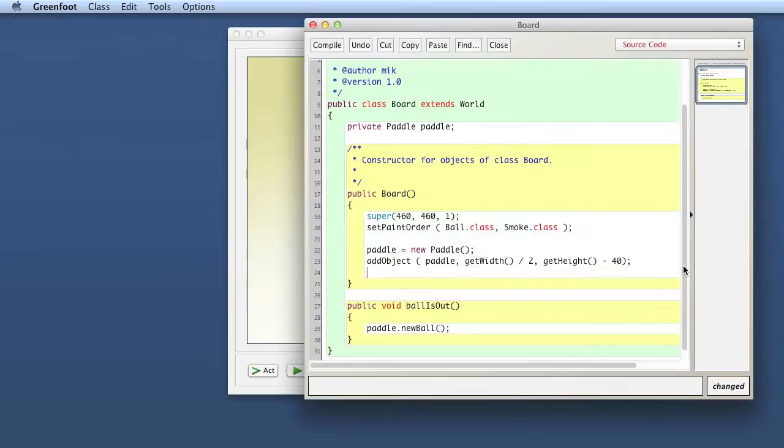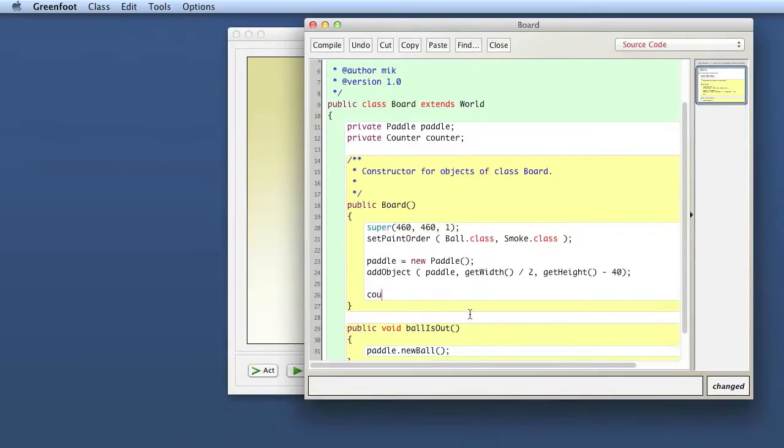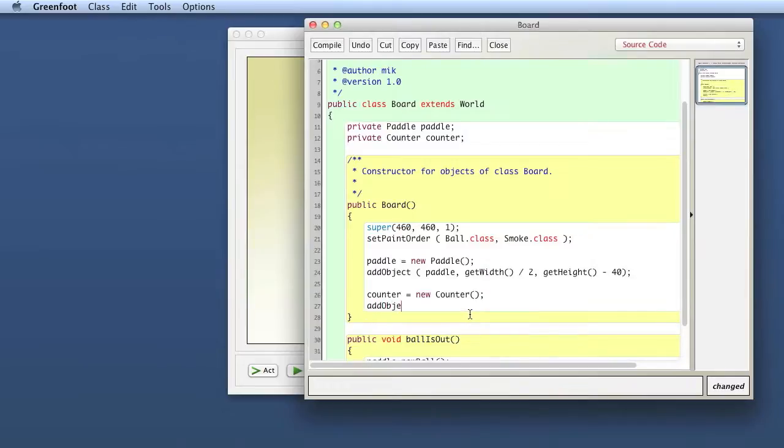So here we can create a counter. We will keep the counter in an instance field because we will need it later. So I need an instance field of type counter, and so this is the type of my variable, counter with a capital C, and I also call it counter. It's sometimes a bit confusing at first, this counter with a capital C is the type, that's the class, and this is the name I give to my variable. So here I'm creating a variable for storing a counter, and there I store a new counter object into this variable. So I create a counter and I store it in here,